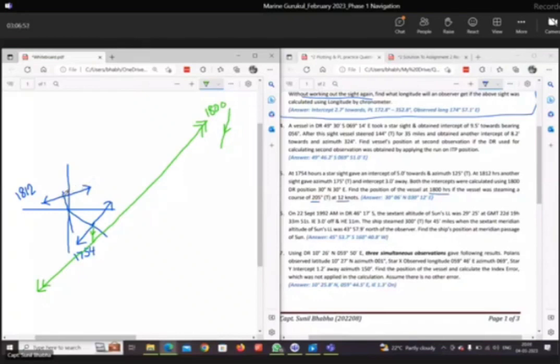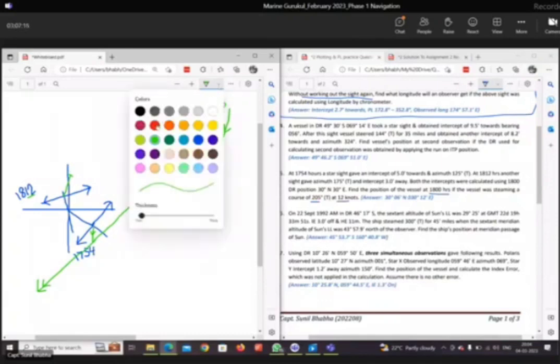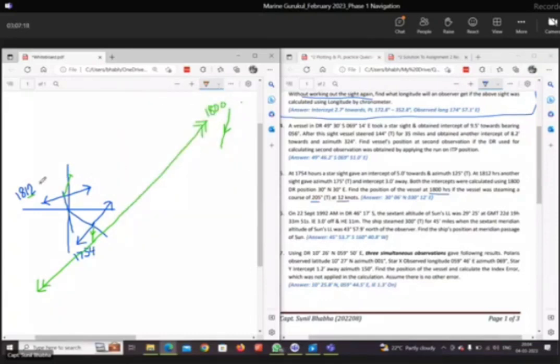अब मैं क्या कर रहा हूं, जो मेरी 1812 वाली पीएल है, इस पीएल को मैं 12 मिनट पीछे लेके जा रहा हूं। अगर मुझे पीछे जाना है तो 205 का रेसिप्रोकल कोर्स लगाना पड़ेगा which is 025। सो मैंने आईटीपी पे 025 का कोर्स लगाया। 12 मिनट में मेरा रन जो है 12 नॉट की स्पीड से 2.4 माइल्स आएगा। ये मैंने कट किया, राइट। और अब मैंने, let us change the color, let us pick red color। यहाँ पे इस पॉइंट पे मैंने एक लाइन ड्रॉ कर दी पैरेलल टू माय इनिशियल पीएल। इस पे भी मैंने डबल एरो लगा दिए।